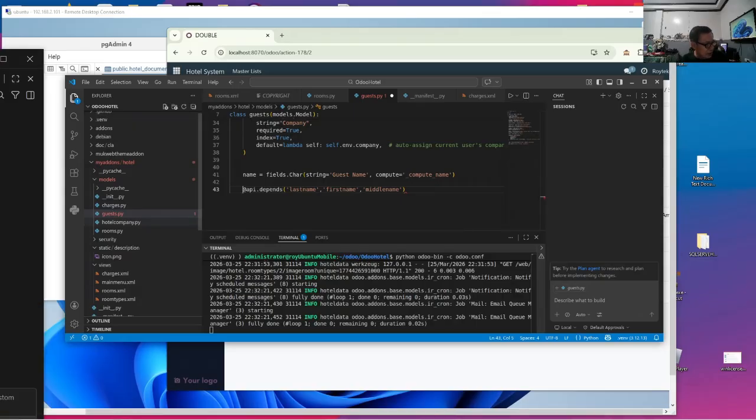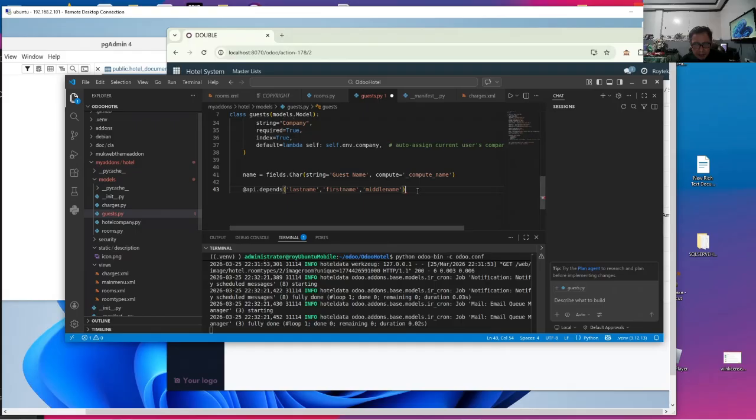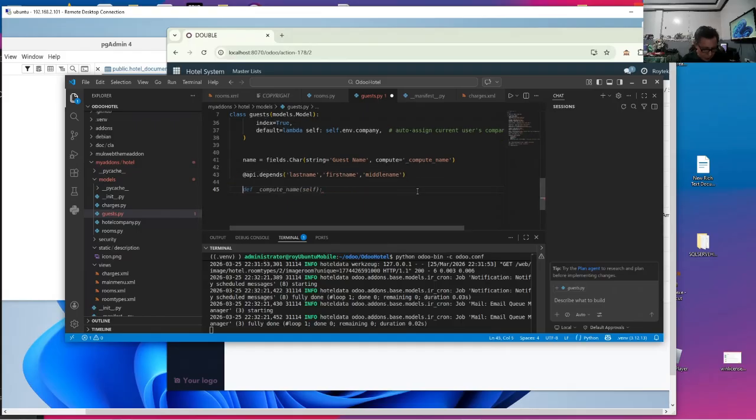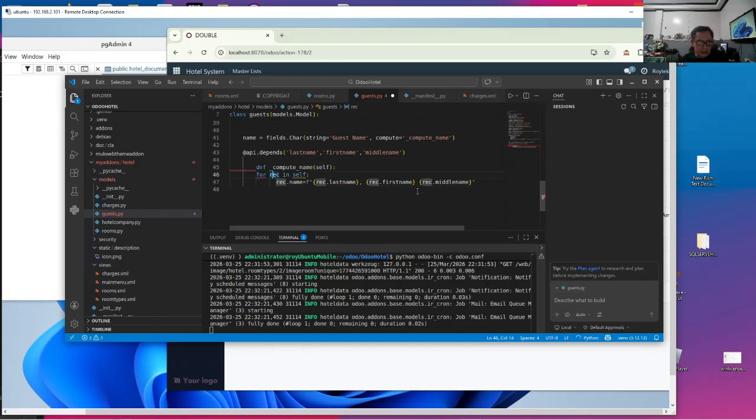Now let us write the function. Let us write down the function right away to do a computed field. Okay, so we'll just indent this properly.